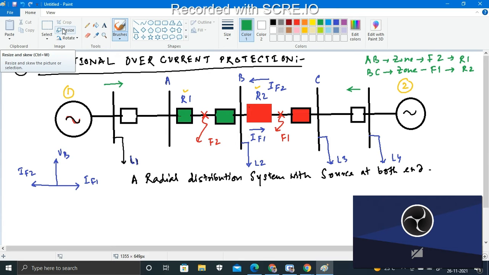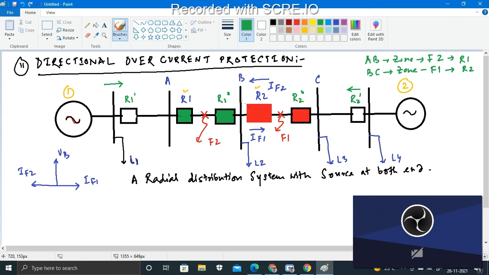We have another connection, so we are also connecting another relay here, and in this circuit, this relay. Suppose my C terminal is open, considered as R1 dash. When the C terminal is open, R1 double dash. Then what happens? When the C terminal is considered open, R2 current is only flowing, considered as R2 dash.